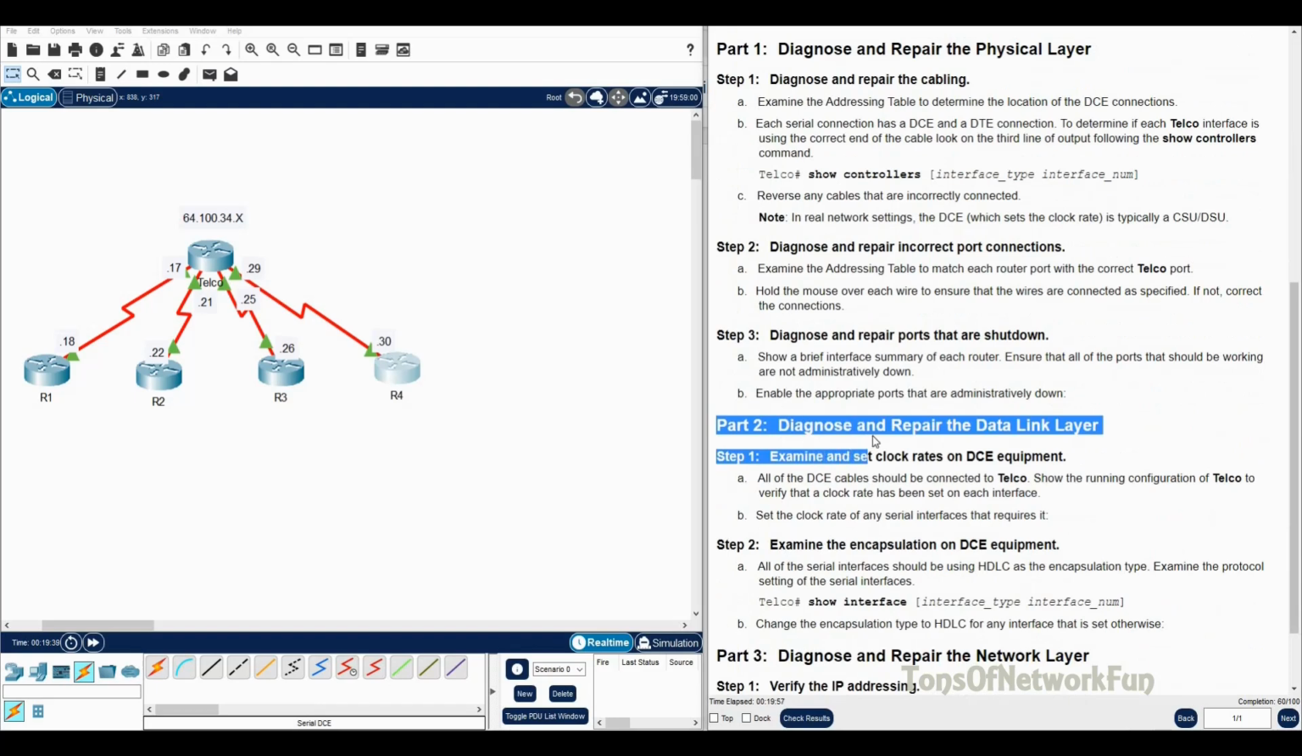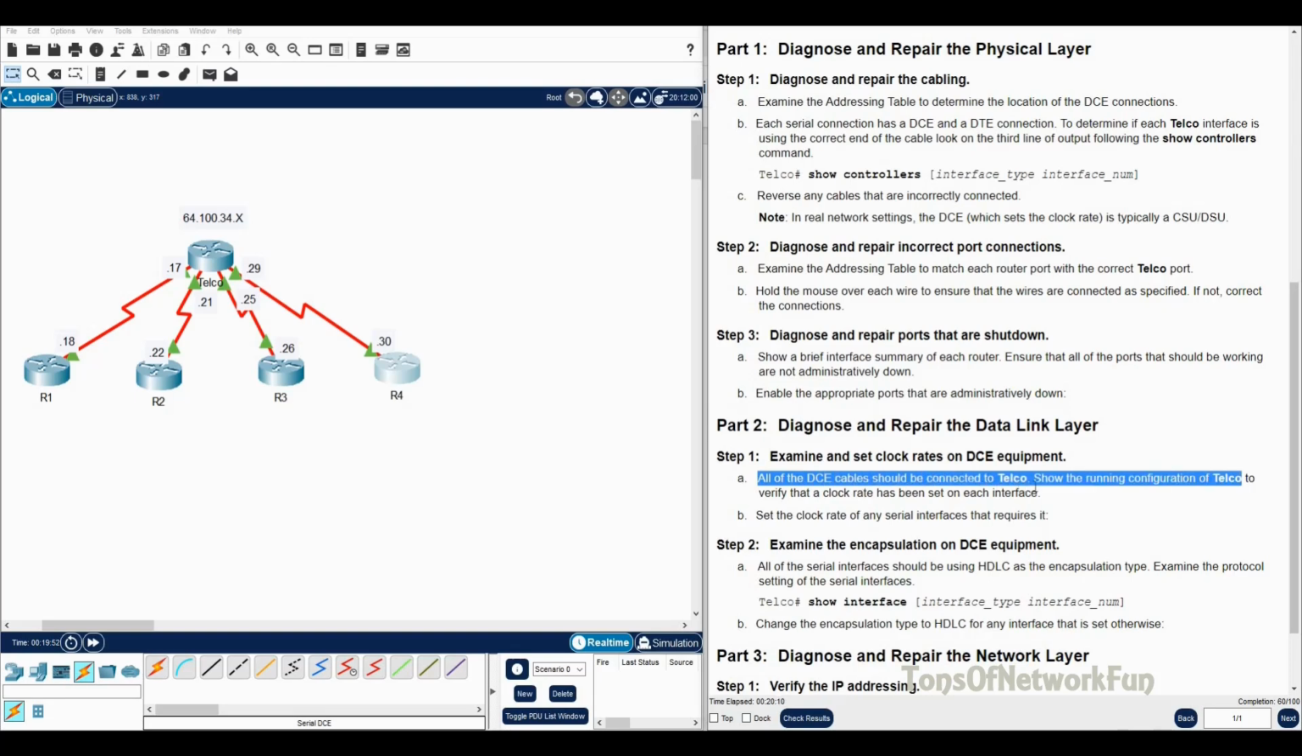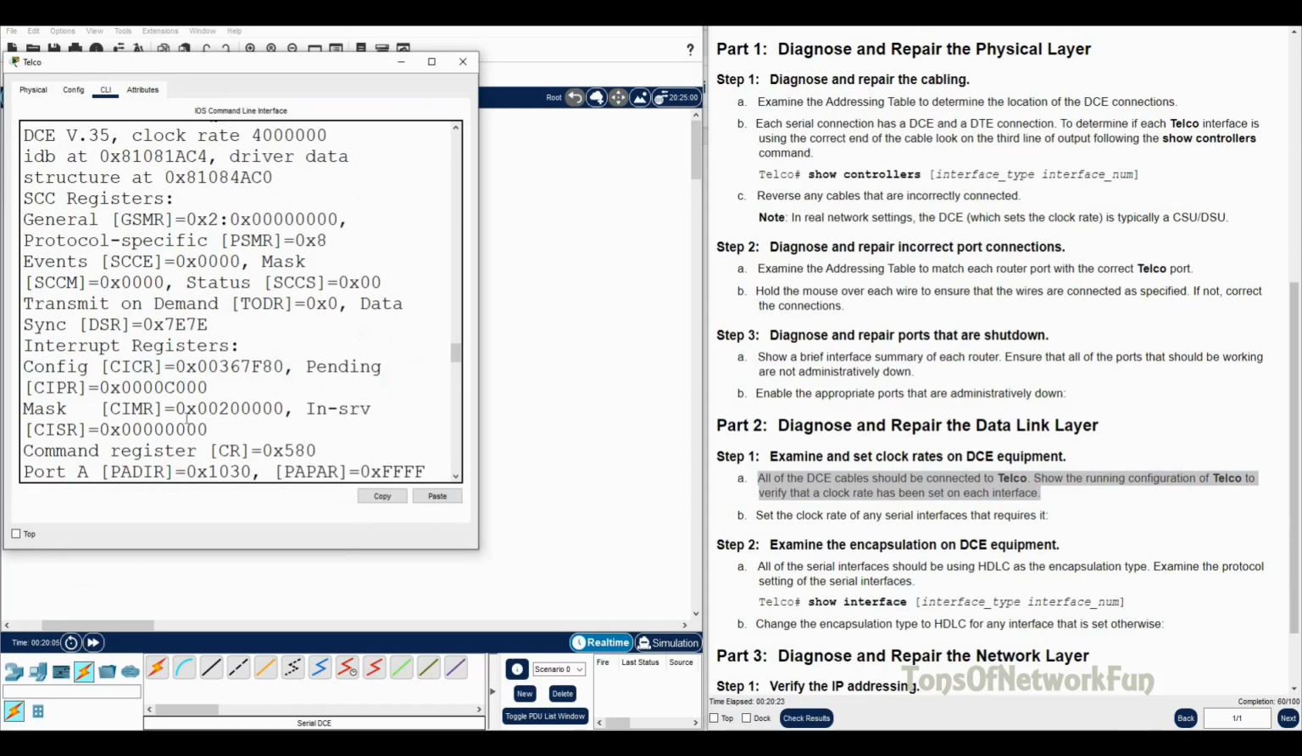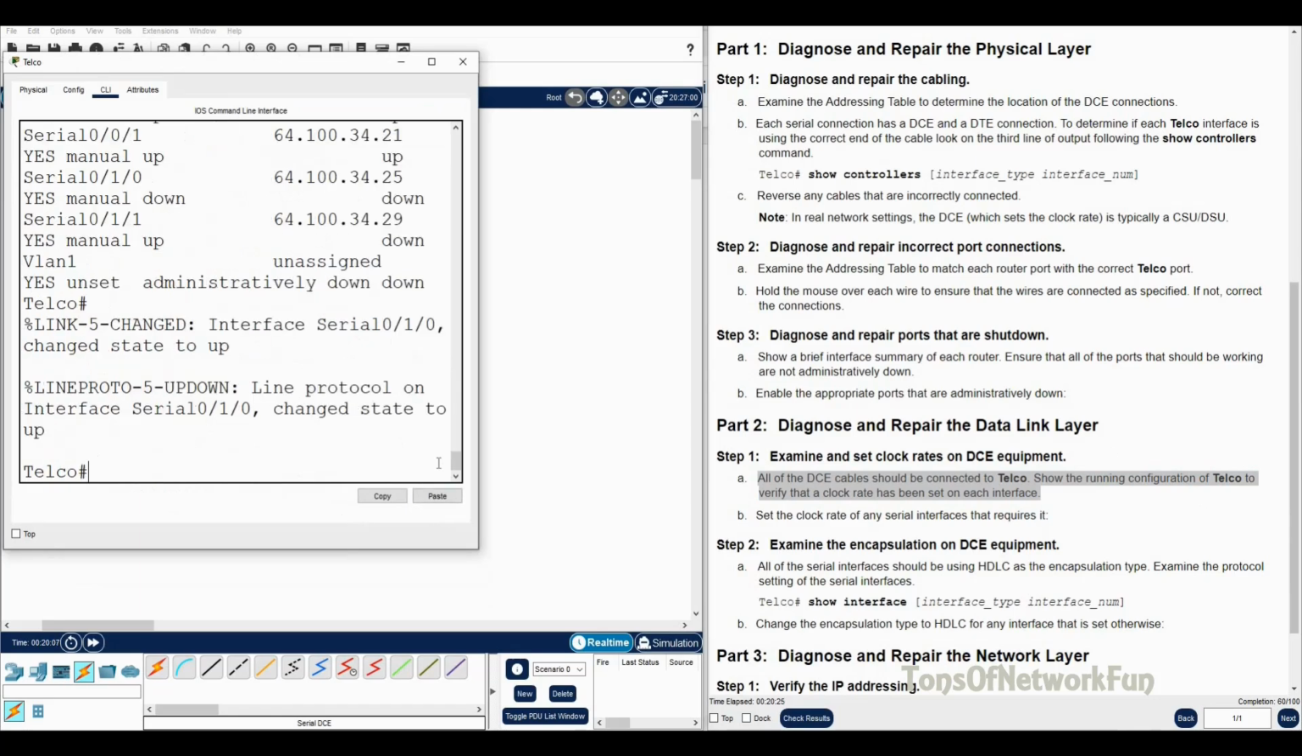Part 2, we are moving to part 2, diagnose and repair the data link layer. Step 1, examine and set clock rates on DCE equipment. All of the DCE cables should be connected to Telco, showing the running configuration of Telco to verify that a clock rate has been set on each interface. Set the clock rate of any serial interfaces that require it. Okay, so make sure this has clock rate already set, so all you have to do is show run,